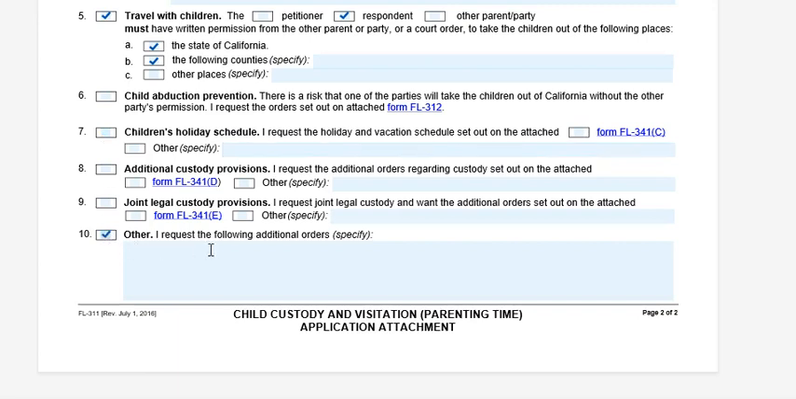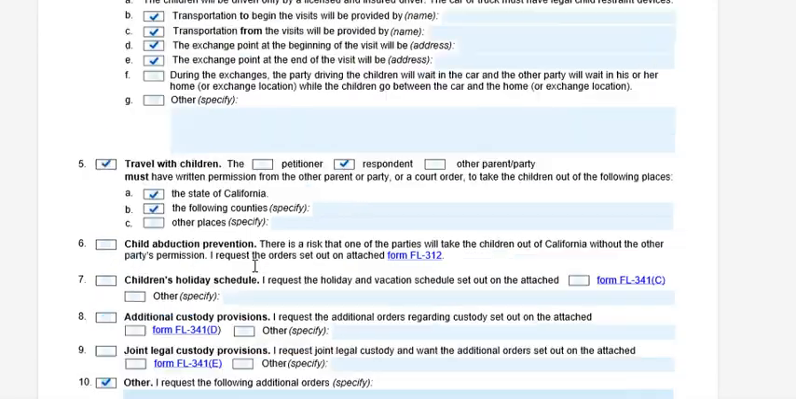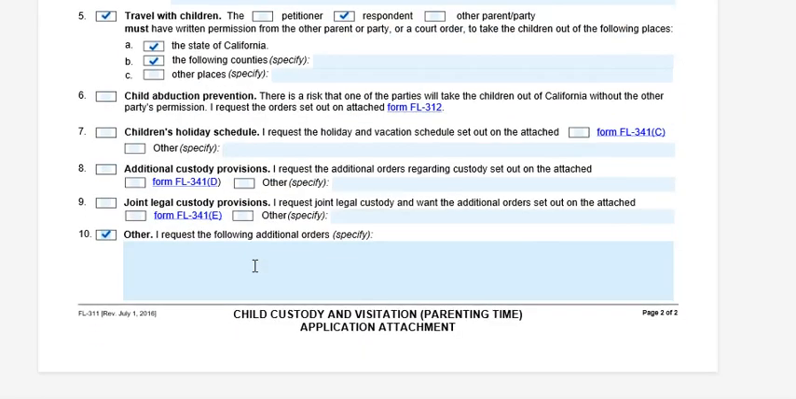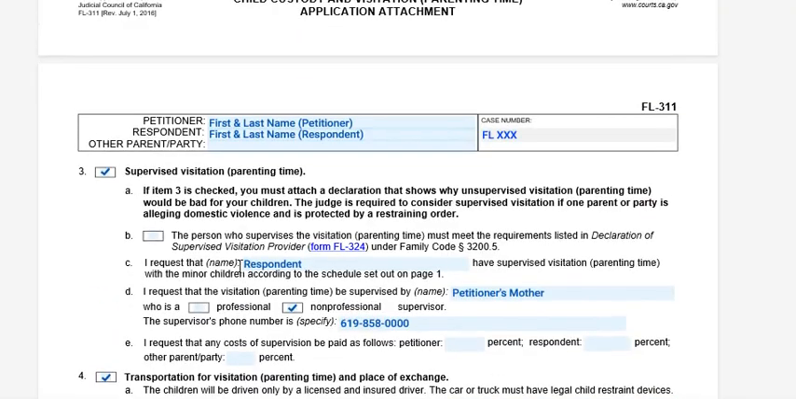Here you can request other custody orders that you didn't select up above, and just make sure you're as detailed as possible so it's clear to the court what it is you're exactly requesting. If you have any questions on how to fill out FL 311, contact us,